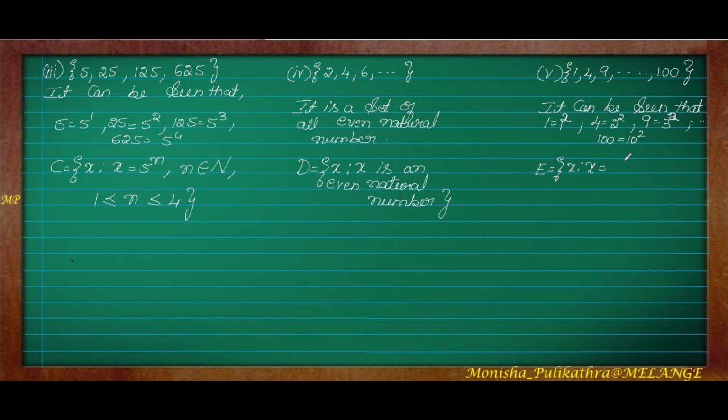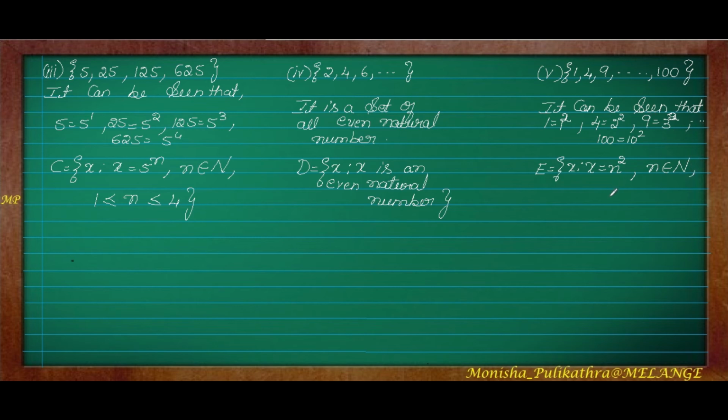So x is in the form of, here this number is changing, natural numbers. So let this be n. But the powers are 2 itself. So this x is in the form of n square. Okay, x is in the form of n square, where this n belongs to natural numbers, because it is natural number starting from 1 itself.